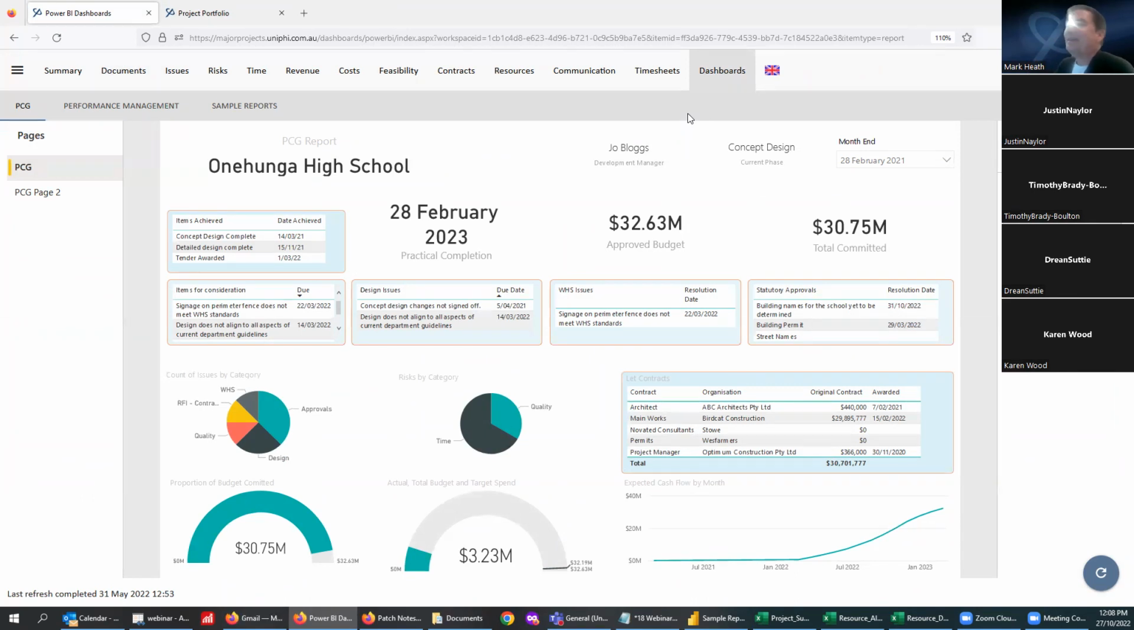Yeah, you can tailor these, but we're just trying to give you as many different types of samples. This is the one that's been quite popular in the last 6 months with our client-side project management users. A 2-page PCG report covering a whole range of different things that you've painfully put into the system. In this particular screen, we've got milestones, design and workplace health and safety issues, approvals coming up, contracts let, some risk and issued pies to keep us hungry at lunchtime, and some